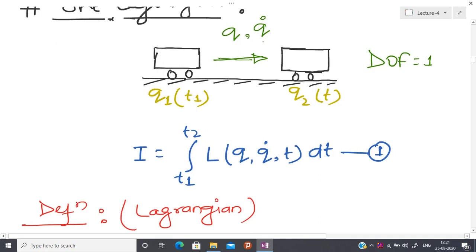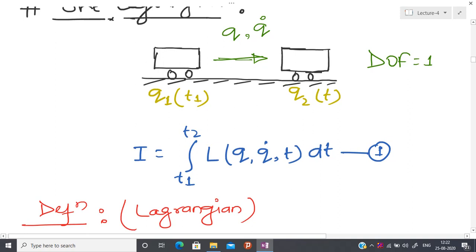So what we have to establish now is that if I know the position q and q dot, then I can uniquely define the position of this object if this object is moving in one dimension. So in order to establish the uniqueness,